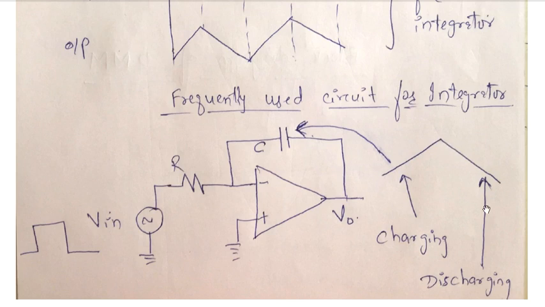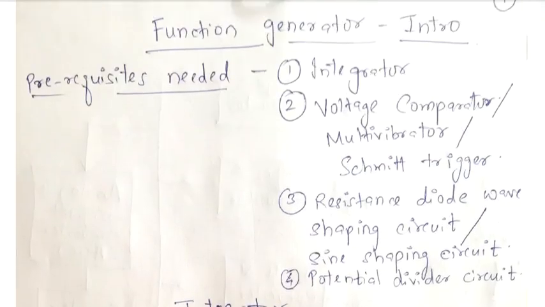So when you combine them together, obviously what you can see is that you get a triangular waveform, and you are obtaining a triangular waveform when you apply the input to it as a square waveform. So that's about, in short, working of our integrator. So let's move on to the next prerequisite. Let me take you back to the prerequisites I had mentioned here. So integrator is done. Now the second one is voltage comparator.